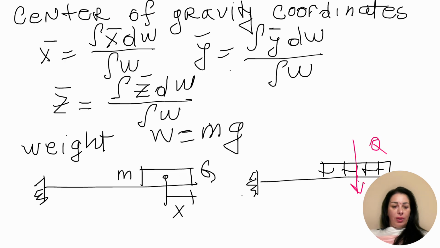When we are talking about weight, we said that weight is equal to m times g. So if we have some body on, for instance, a cantilever beam here, this body will have some force. We also determined that force when we said we have a uniformly distributed load. We multiplied that distributed load with the length and we had only one force. That is the same here. So we have W is equal to m times g, or dW will be dm times g,